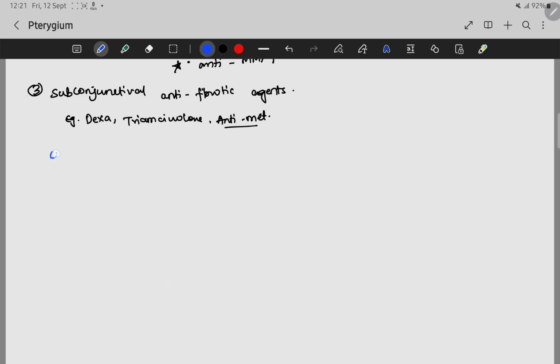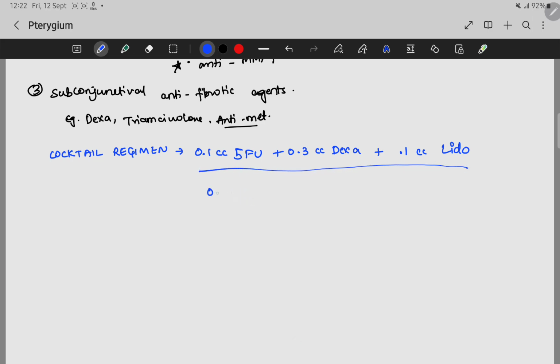He has also described a cocktail regimen in which there is 0.1 cc of 5-fluorouracil, 0.3 cc of dexamethasone plus 0.1 cc lidocaine, taken with a T-gauze needle, and it is inserted into the recurrent site. Okay. Then we have